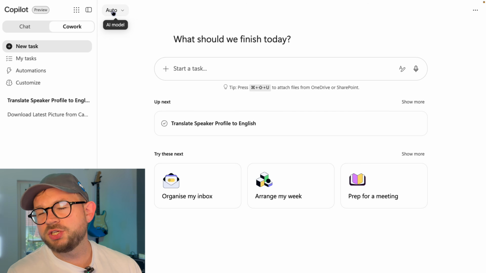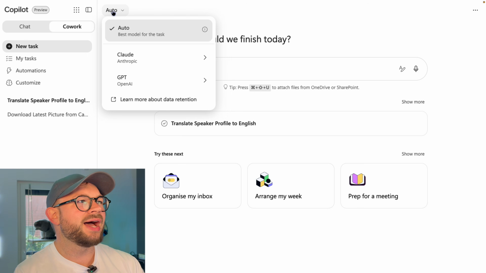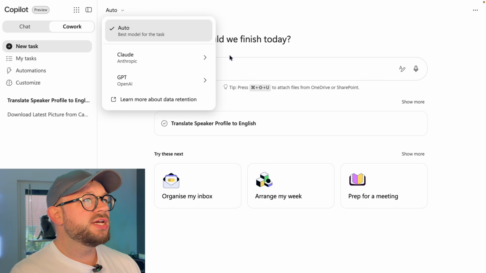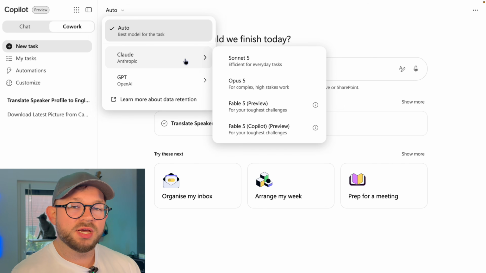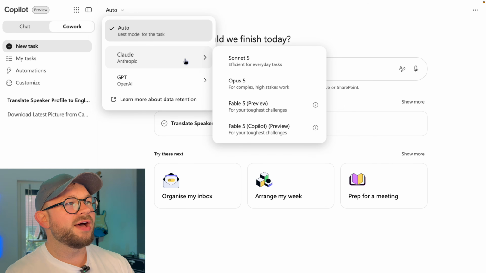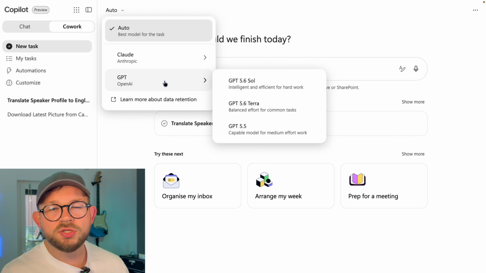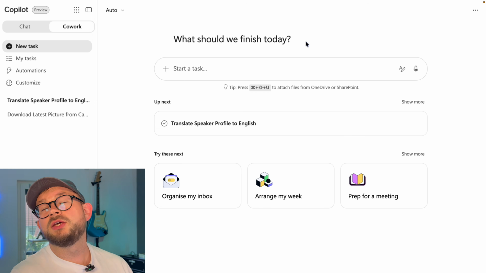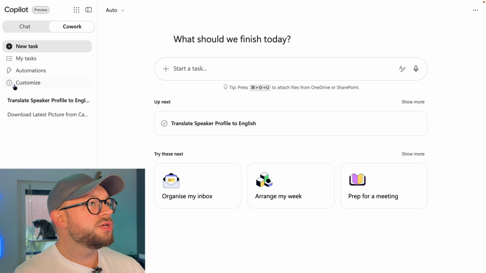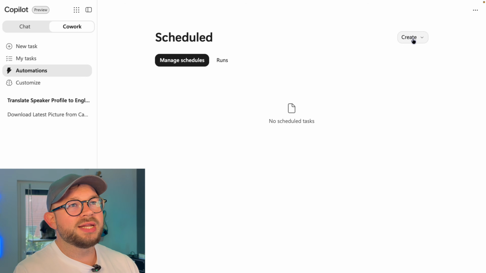On the top navigation, we have the auto switch where we can select the AI model. For this job, I'm going to leave it on auto. What you see here depends on the tenant settings or on your employer, what you have set there. Either you have the Claude option or only the GPT option. Maybe in the future there will be more options like DeepSeek or maybe Mistral. Let's see.